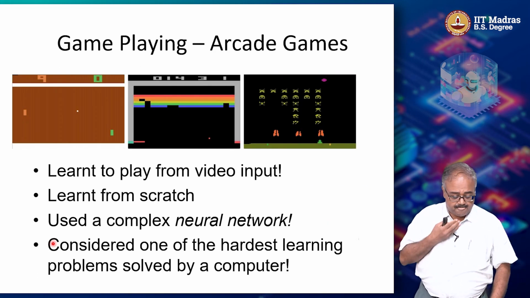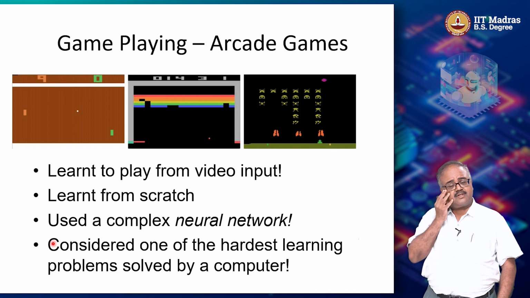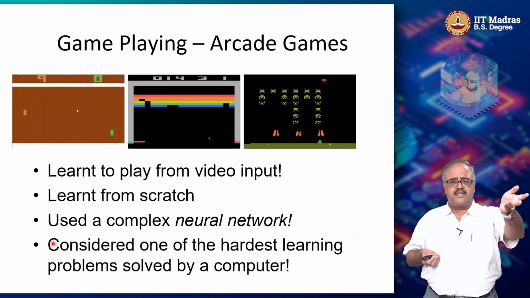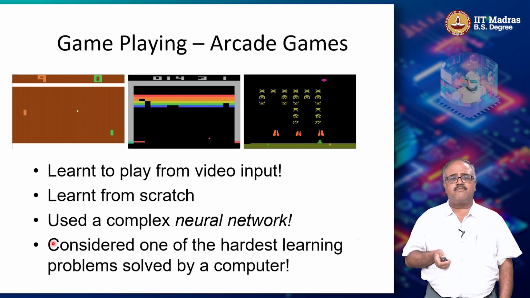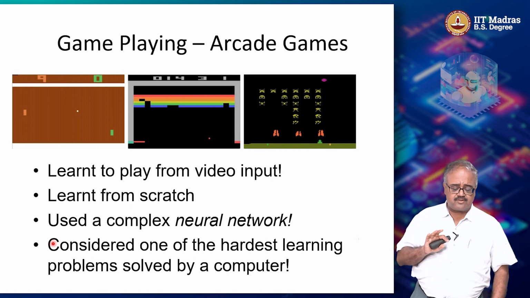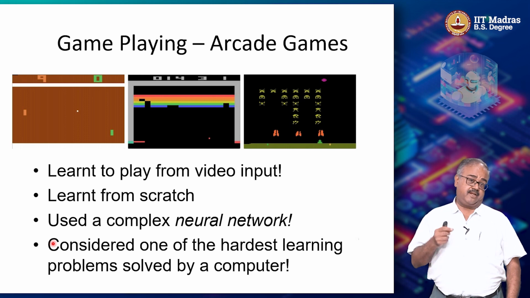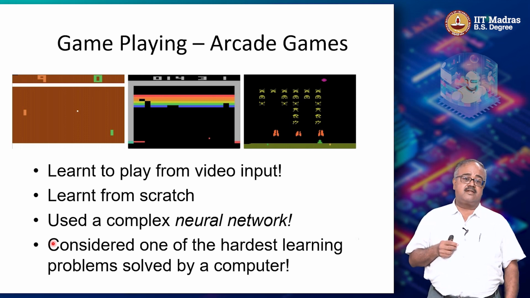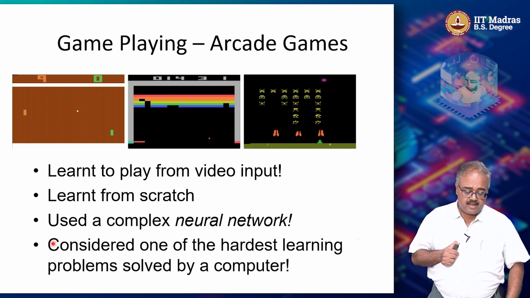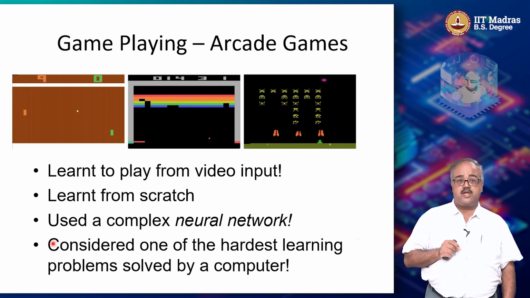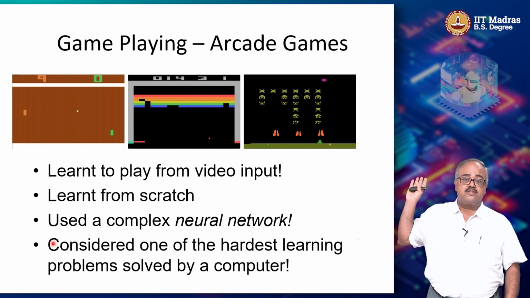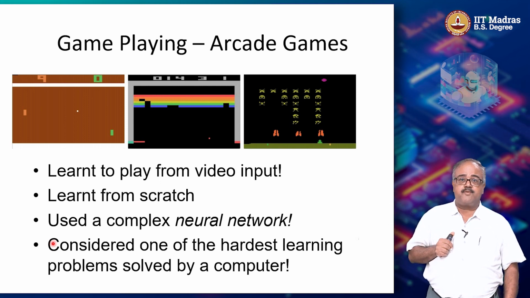That came in the 90s. Till 2014, reinforcement learning was there, and a lot of people were doing different things, like Andrew's helicopter flying and so on and so forth. But then there was one big breakthrough that came in 2014. Somebody from this company called DeepMind trained a reinforcement learning agent to play video games, like these Atari video games. You can see Pong, Breakout, Space Invaders, all of these games.